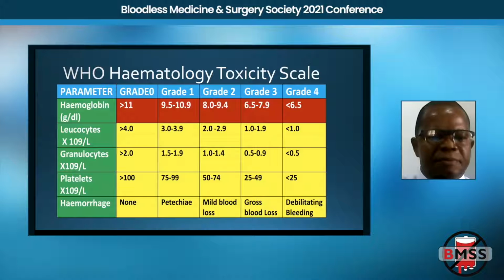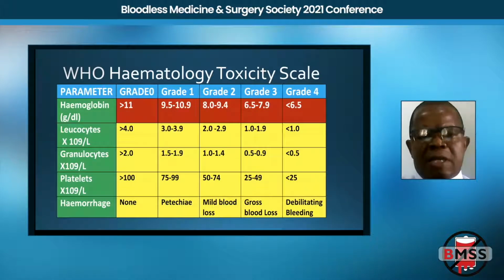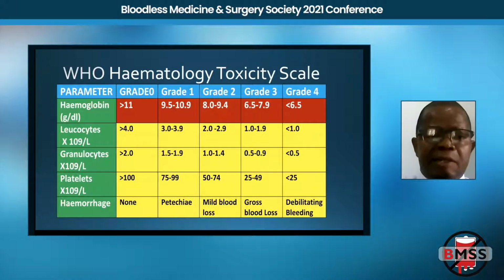So we talk about the levels at which people want to transfuse, and they talk about the threshold hemoglobin, the critical hemoglobin, and they give a number. About 20-something years ago, WHO came out with the haematology toxicity scale, which is very interesting because it doesn't just give us one value, it gives us a range, because the patient does not just come down with one value. Depending on where the patient presents, it could be at grade 1, grade 2, grade 3, or grade 4 toxicity